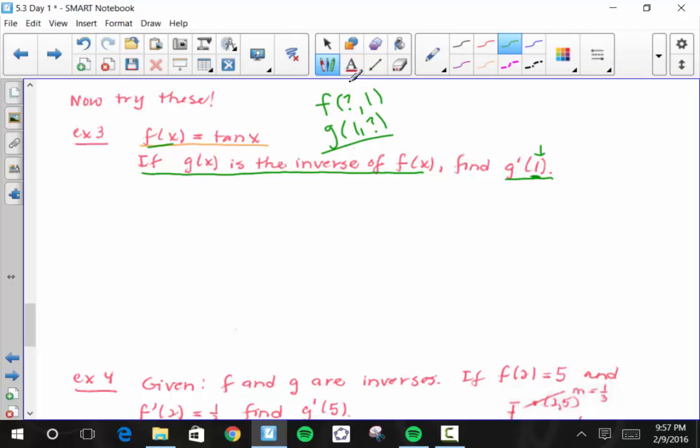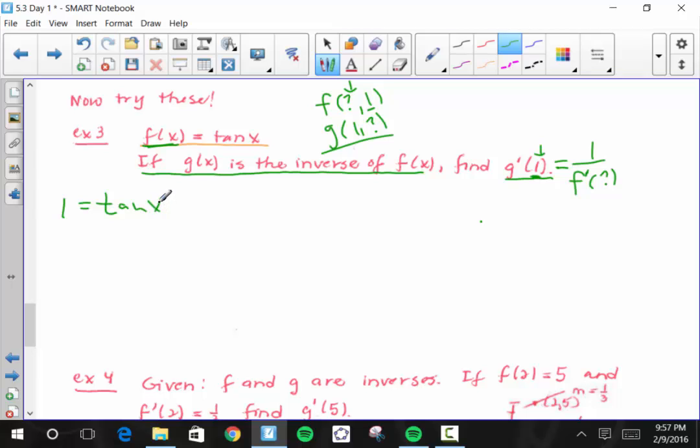Okay, so let's find out what this question mark is, because g prime of 1 is equal to 1 over f prime of that question mark. Got to figure that out. Okay, so let's find it. We're going to take this 1 right here and plug it in for our f of x. So we have 1 is equal to